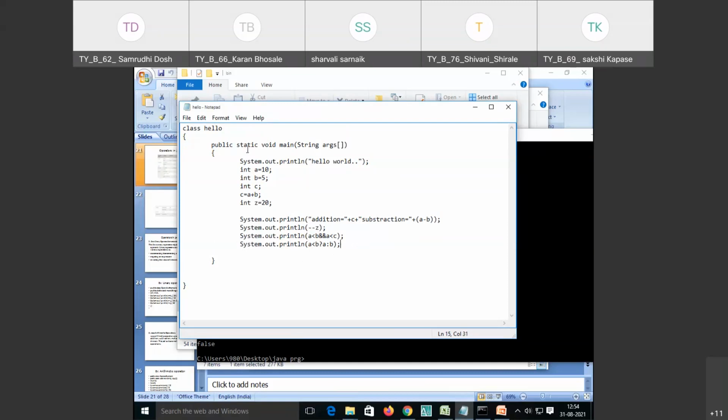This is the else. So let's save this and see the output. Or you can take another variable also. Take another int t, and then you can write all this operation in that t.